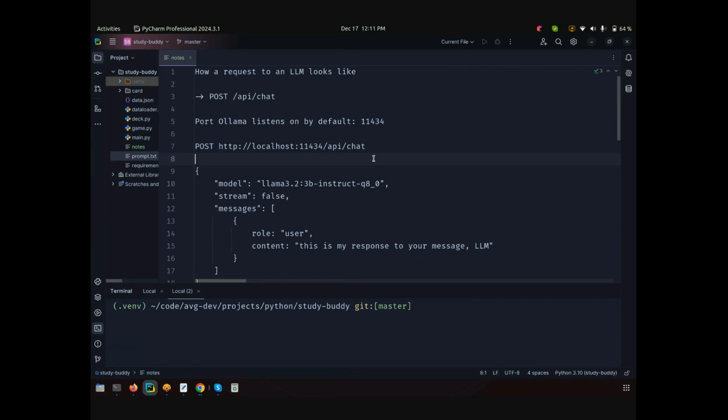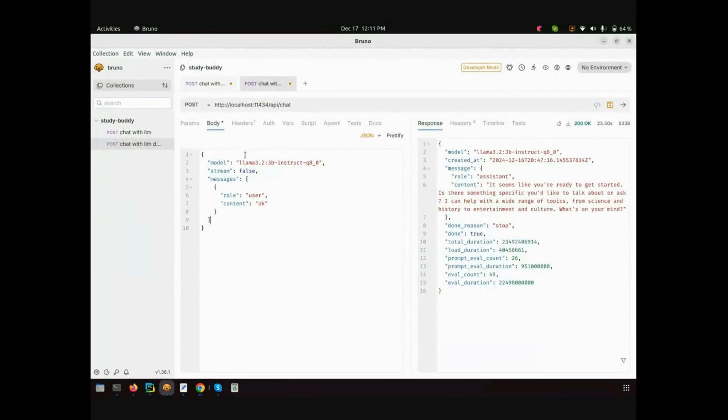Yesterday we were able to send a bunch of HTTP requests to our Ollama server, where the Ollama server then used the LLM to generate a response. So again, I want to reiterate that Ollama is not the LLM. Llama 3.2 is our LLM. Ollama is just an application that exposes a front end for us to be able to access an LLM and